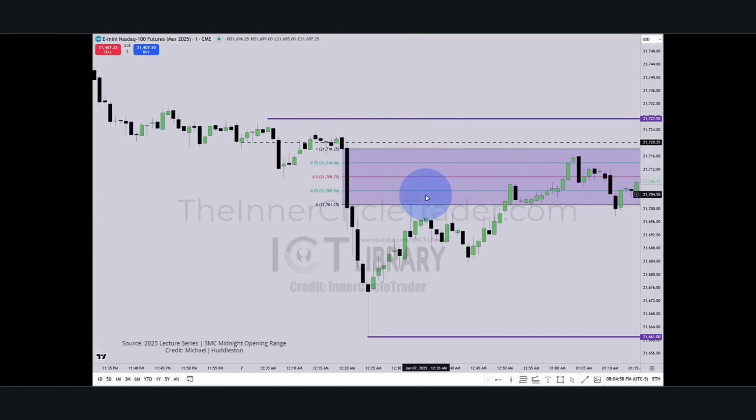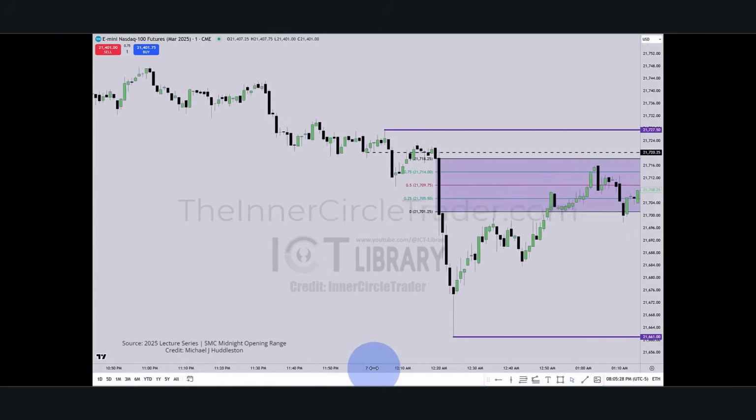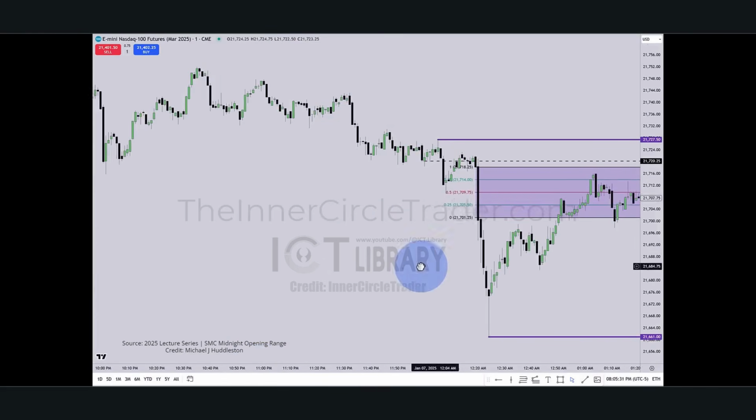So now we have this extended through, and now this displacement, the algorithm will refer back to that. It'll go right back into that range, and how will it use it? Well, we have gradient levels here, the lower quadrant, consequent encroachment, which is the midpoint of the range high and low that creates this single sell side imbalance, buy side inefficiency, and the upper quadrant level here. Now, by having this information, we can go forward